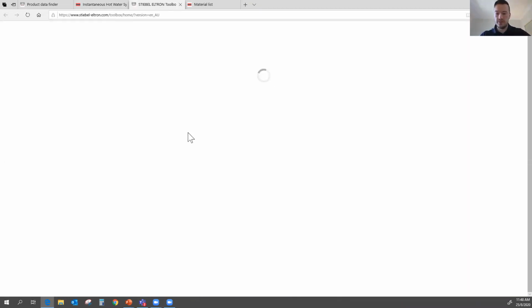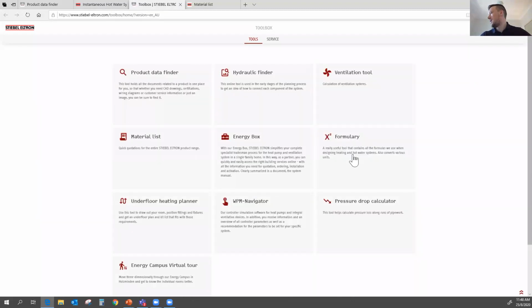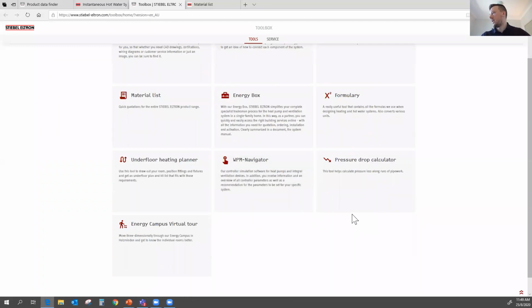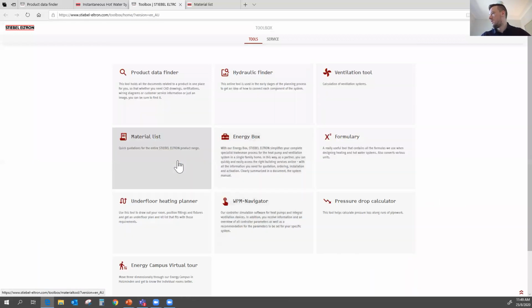We'll have a bunch of other tools on here, like a formulary tool, which helps you calculate a bunch of things. We don't have the time to cover it now, but it's generally a good place to start for any query that you might have or any help that you might need with the design. I recommend you check it out. You have a look. Any questions, let me know. I'll quickly check my